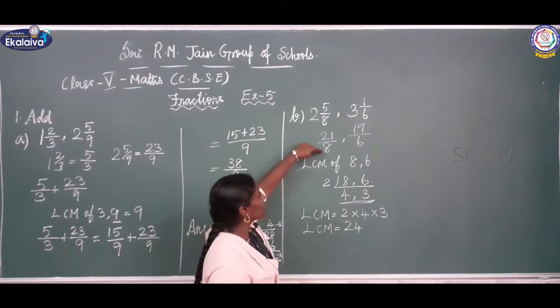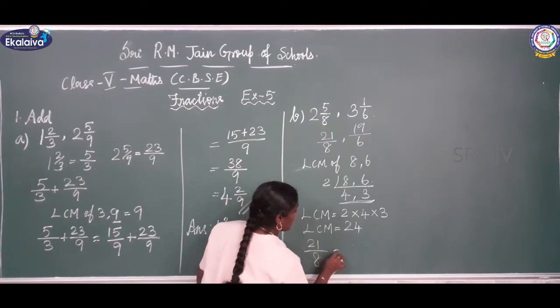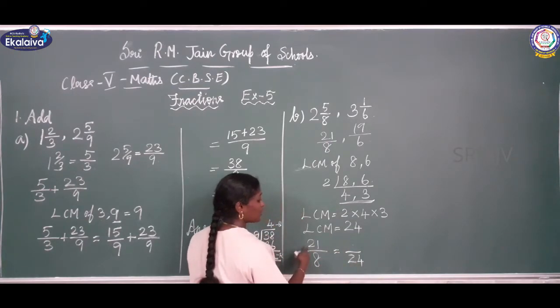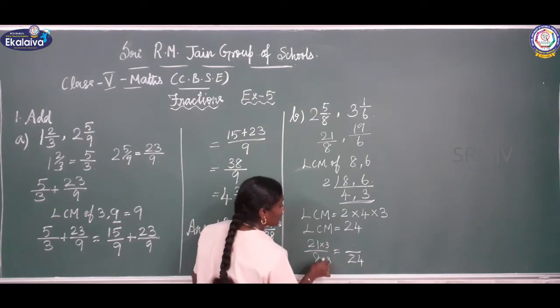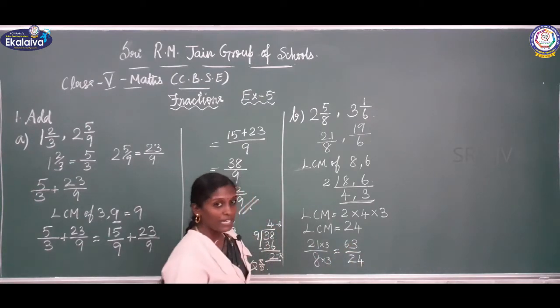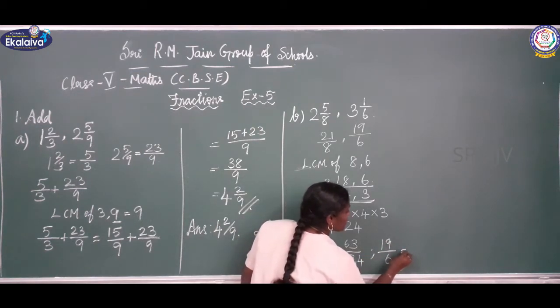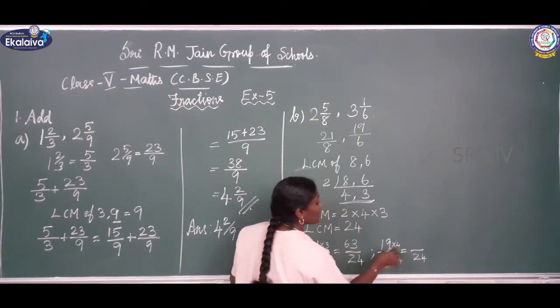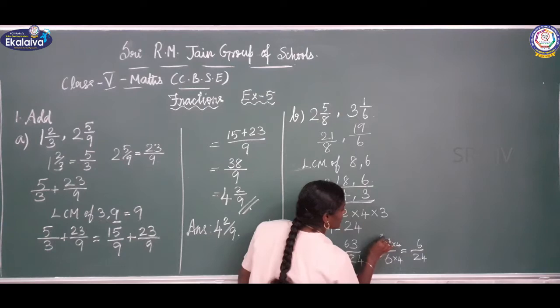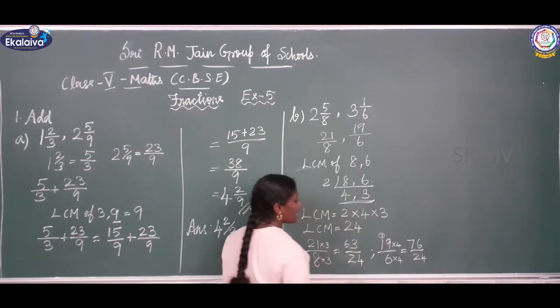Now we are going to change these two fractions with the denominator 24. Here in the first fraction, the denominator is 8. In 8 table, when will you get 24? 3 times. So we have to multiply the numerator by the same number 3. Okay, here 3 1s are 3, 3 2s are 6. So the fraction is 63 by 24. Then the second fraction is 19 by 6. In 6 table, when will you get 24? 6 4s are 24. So we have to multiply the numerator by the same number 4. Here 4 9s are 36. 6 here, 3 carry over. 4 into 1 is 4, 4 plus 3 is 7. That is 76 by 24.